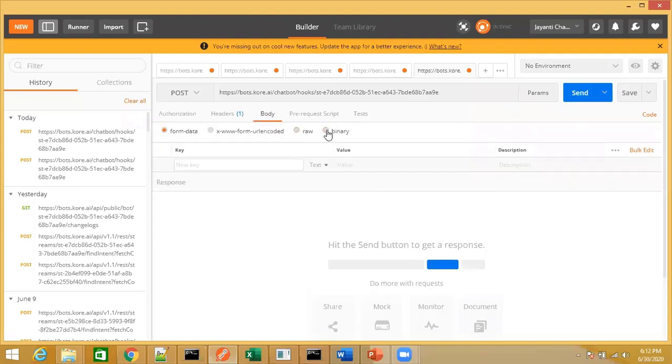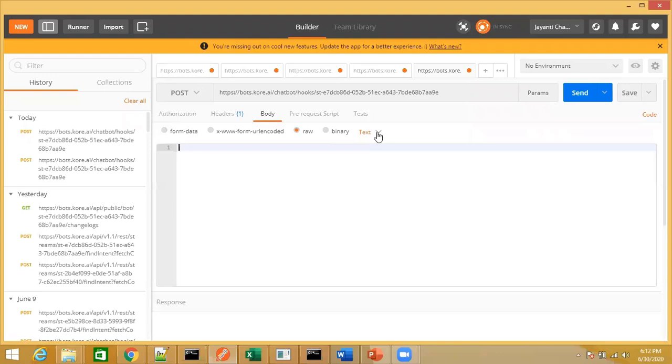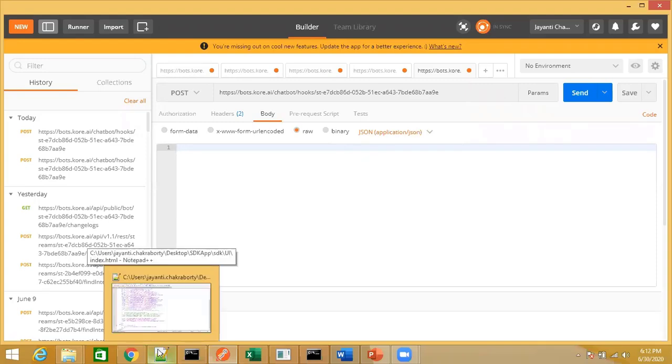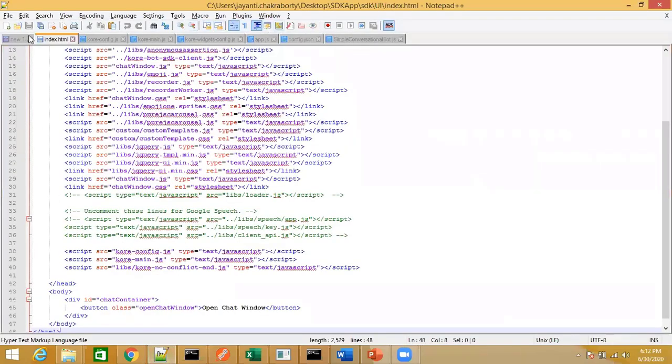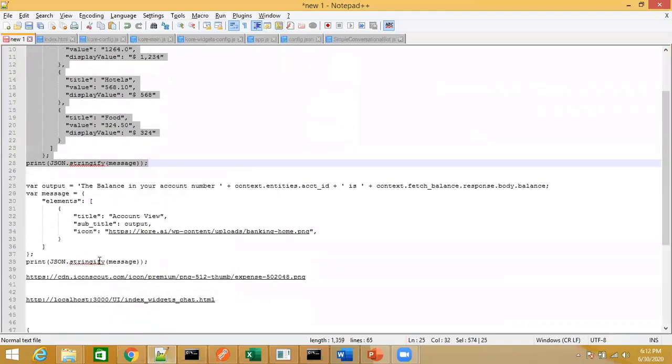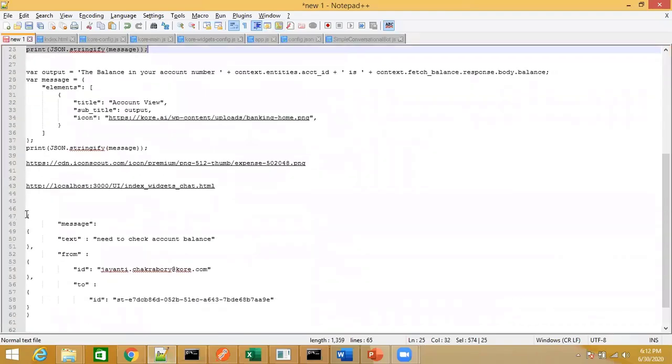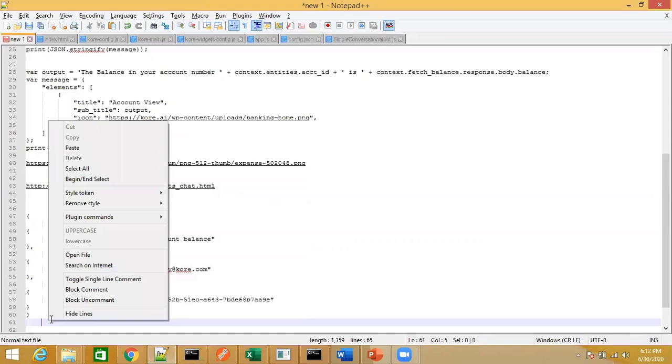It will be an application JSON body that I'm passing over here, and the request body is going to contain an utterance from the user, which will help the bot to identify an intent. I have a request ready which I can use here. Your request will look something like this.